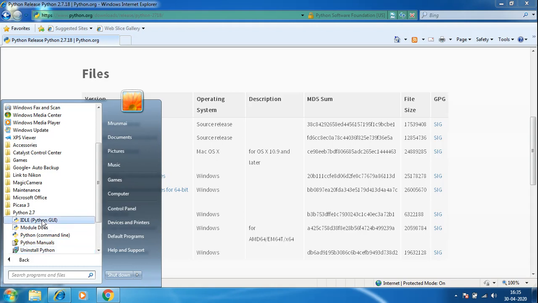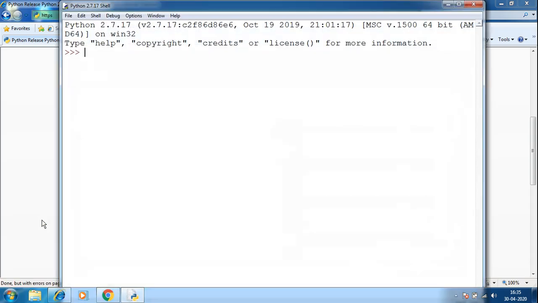So first we'll go through this Python IDLE. Click on this. When you click on this, it opens a Python shell. This is a command line prompt provided over here. You can practice some small Python commands and then check their output immediately. This shell, or this command line interaction with Python, will be helpful for new learners when you want to check